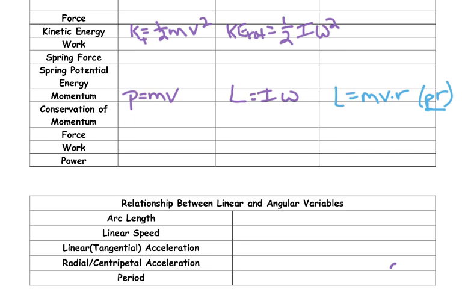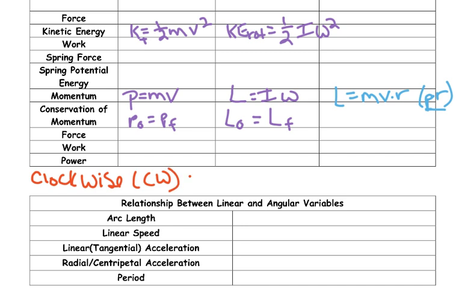For conservation of momentum, initial momentum had to equal the final momentum in all directions, x and y. Well, we get the same thing in angular momentum, except now it's the initial angular momentum has to equal the final, which means in all directions, clockwise and counterclockwise. So we have two directions that we talk about with rotational motion. Something's either moving clockwise or CW. That is a negative direction, or it's moving counterclockwise, which you'll see as CCW,